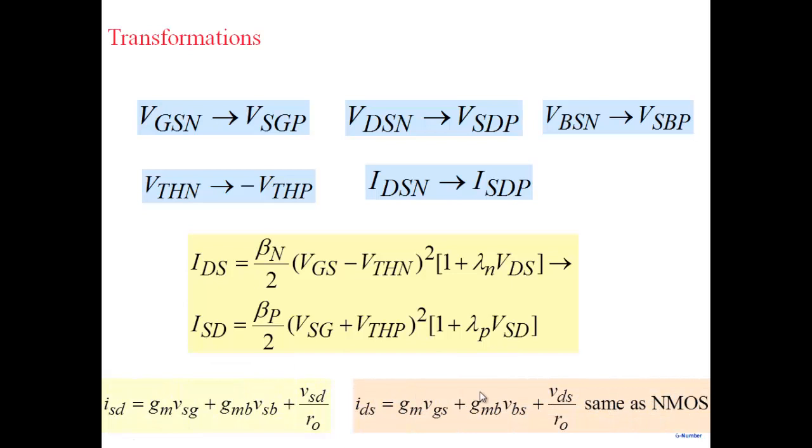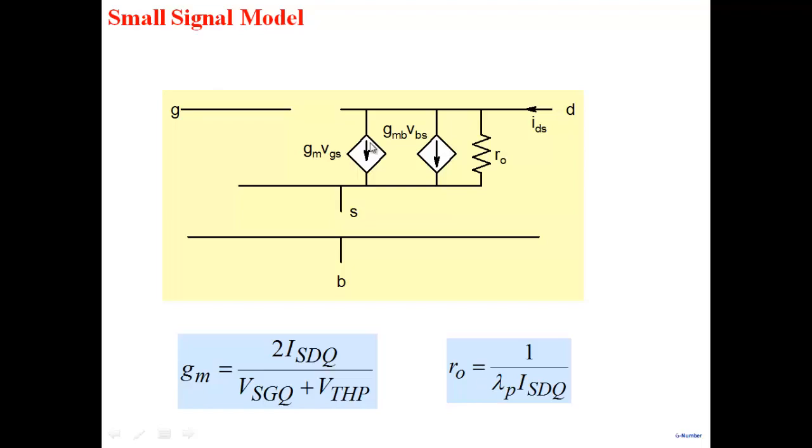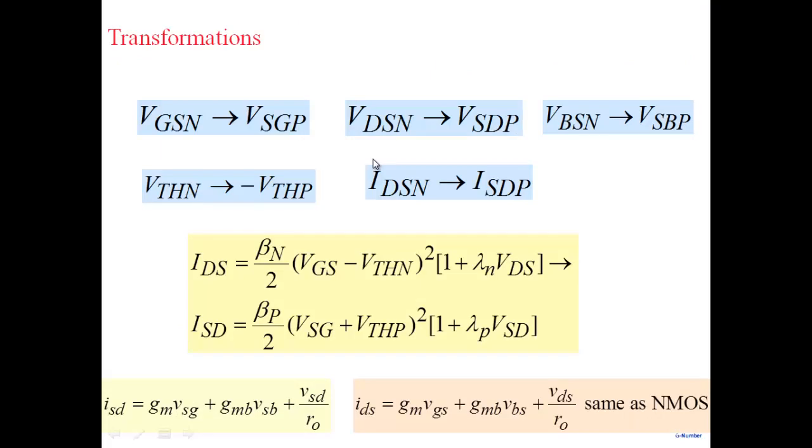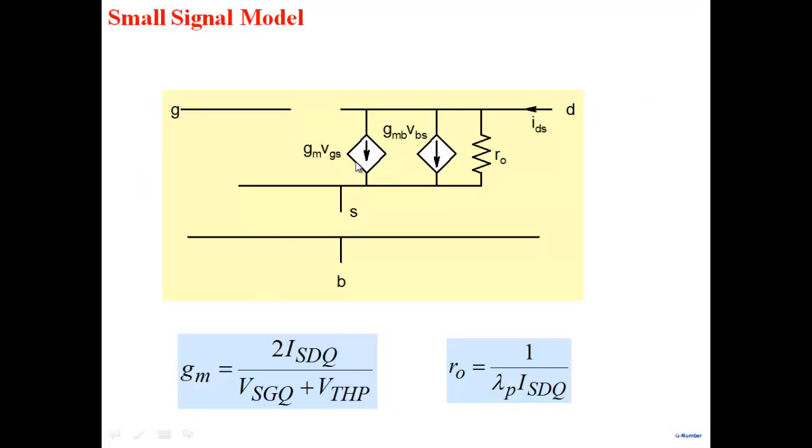The small signal model of a PMOS is exactly the same as the NMOS here. If you recall, the small signal model of the PNP was exactly the same as NPN. So the same small signal models apply here. All right, so we've discussed the small signal model of NMOS, the small signal model of a PMOS, and a large signal model here. What remains now is